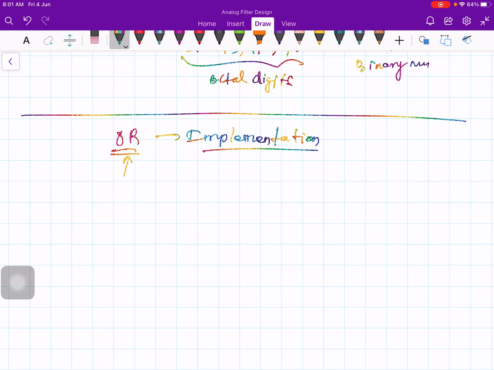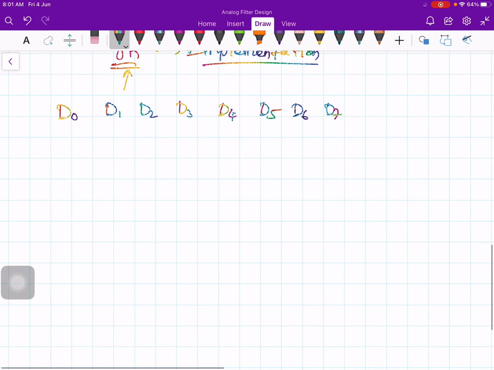Now let me take the inputs D0, D1, D2, D3, D4, D5, D6, D7. Let me press 1 here, D0, but the rest of the terms will be 0. I can't press the first button, second button, third button and so on at once.